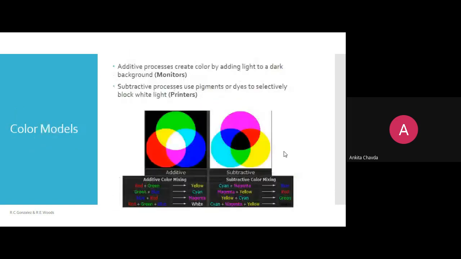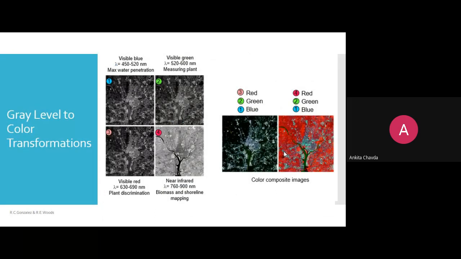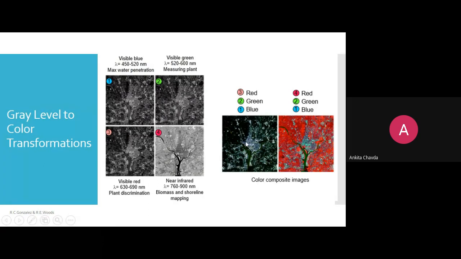The same thing we are discussing here. So here we have 1, 2, 3, and 4 images. Now we are making the color composite images. We are giving these images respectively red, green, and blue, or sorry, blue, green, and red, whatever it is, 1, 2, and 3, into our RGB module. We are giving these 3 images over here, and once they are processed, it will generate such kinds of colors.